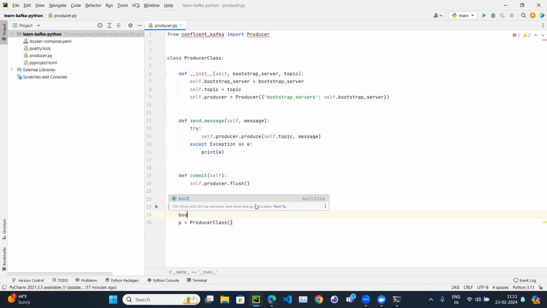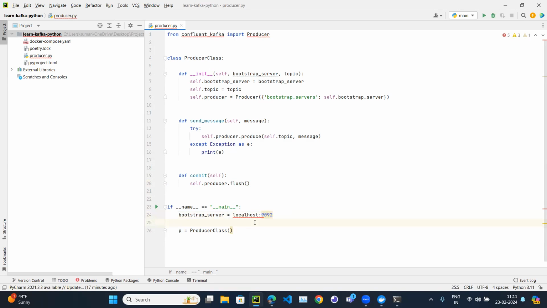So let's set the bootstrap server. Okay, I will pass the topic later on. For the bootstrap server I will pass localhost:9092. It should be a string. How am I going to know localhost 9092? So if you come here